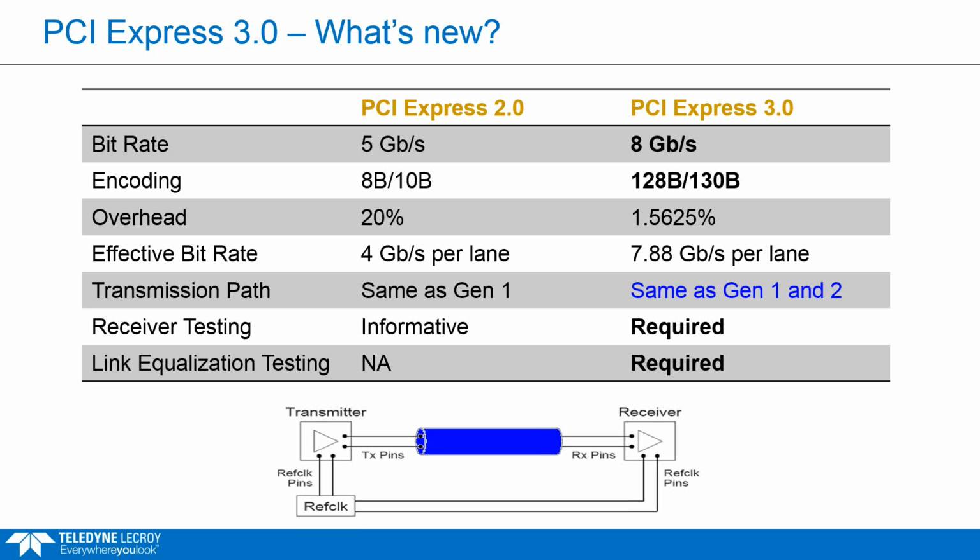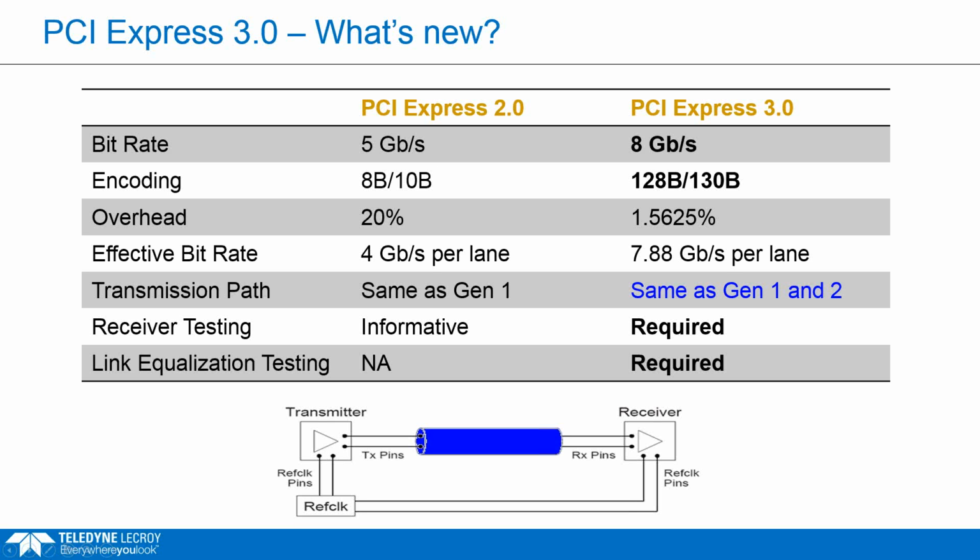Now the transmission path is actually the same going to Gen 3. They kept the same connector, which was really designed for the 2.5 gigabit per second bit rate. So there weren't a lot of signal integrity concerns kept in mind when that connector was designed. That's actually one of the biggest challenges now with Gen 3: dealing with the connector and the generally lossy materials that people are building devices with, and pushing the 8 gigabit per second signal through those interconnects.